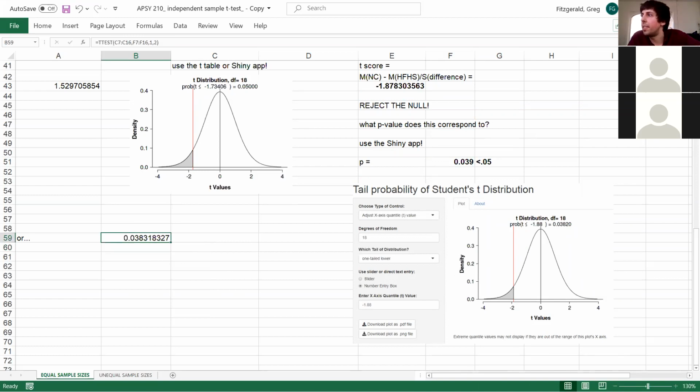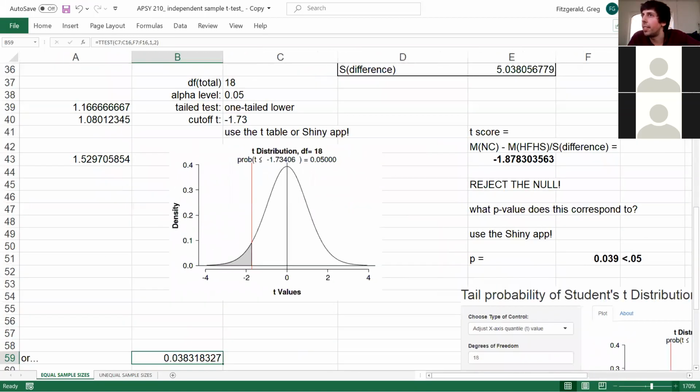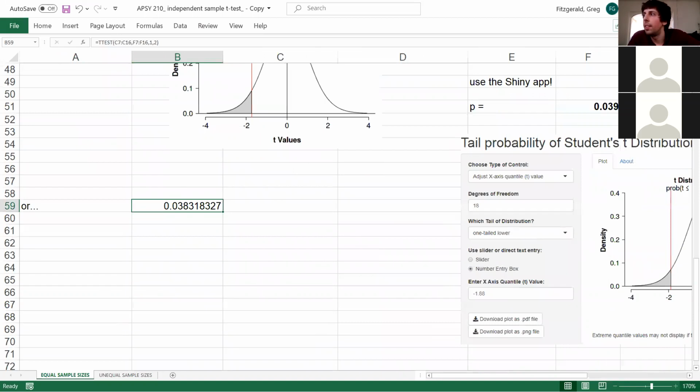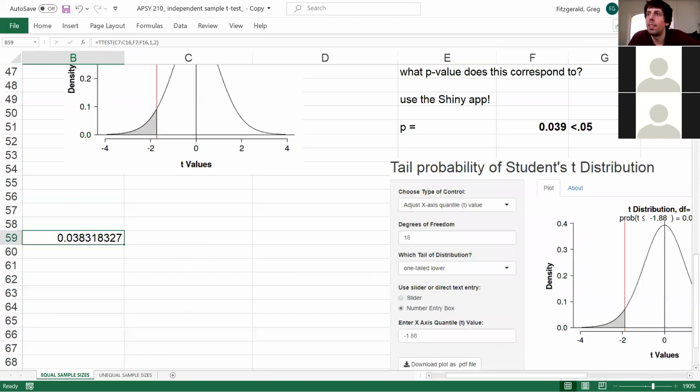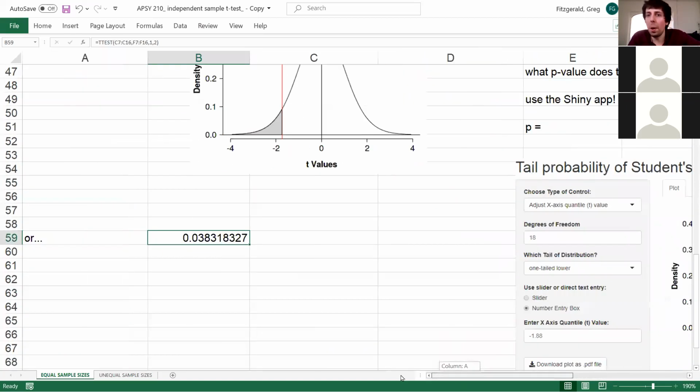I'm going to just increase the size so you can see the formula more easily. So all that work can simply be replaced by knowing how to do the Excel formula for a t-test. So here, the Excel formula is